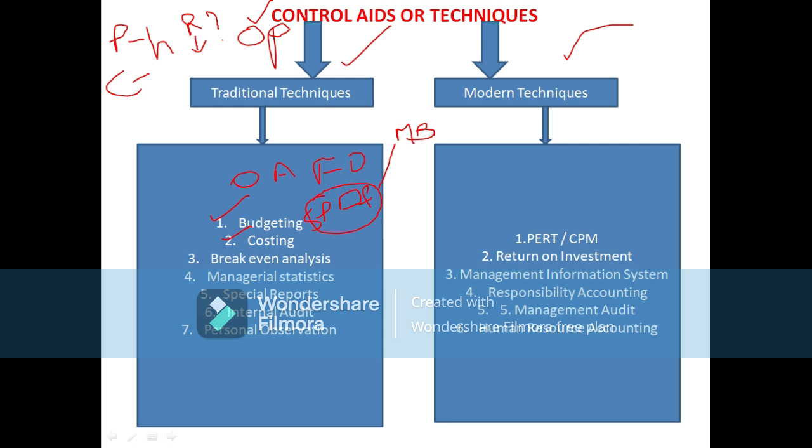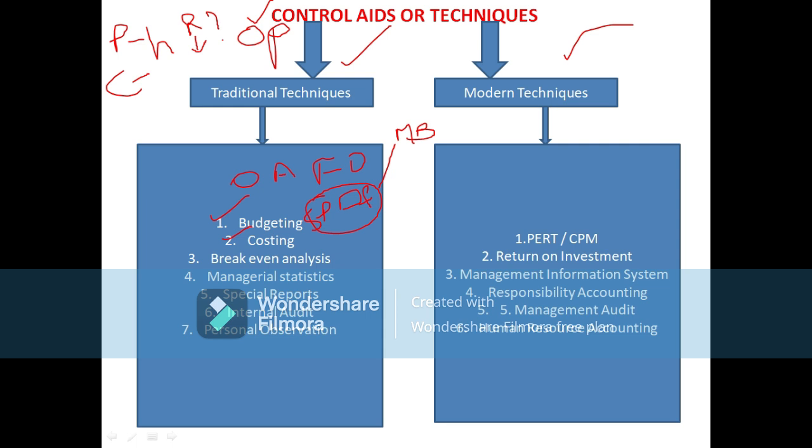So these will be determined in terms of time, quantity, cost. And differences between actual expenditure and predetermined standards, as we know, variances, are thus revealed. These variances are analyzed and corrective action is taken to ensure that actual cost conforms to standard cost. So predetermined cost should be determined, and according to that actual cost should be seen. If at all variance is there, we have to take corrective actions.